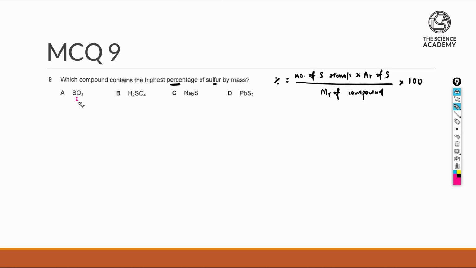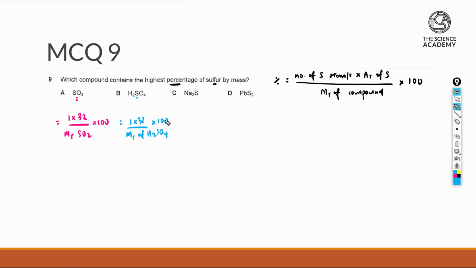So for my first item here, for sulfur dioxide, we'll be looking at only one sulfur. So 1 times 32, which is the AR of sulfur, divided by the MR of sulfur dioxide. I'm just going to write out all of the workings first before giving the answers. For sulfuric acid in this case here, there's again only one sulfur. So that's going to be 1 times 32, divided by the MR of sulfuric acid. So remember, for each of the factors, we will need to multiply by 100 to change it into a percentage